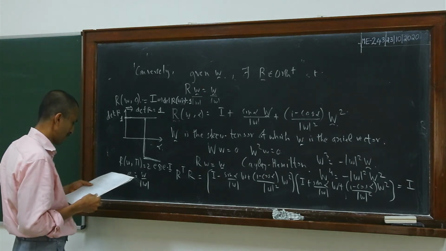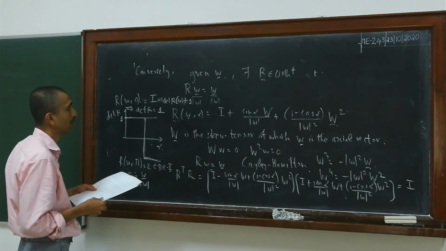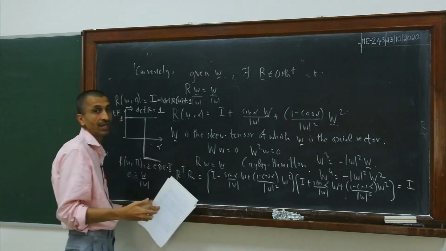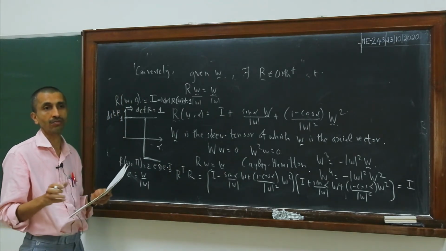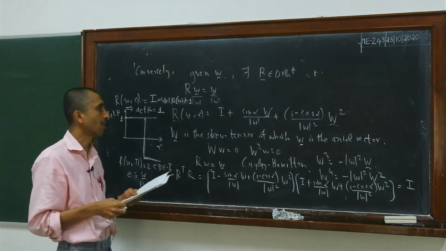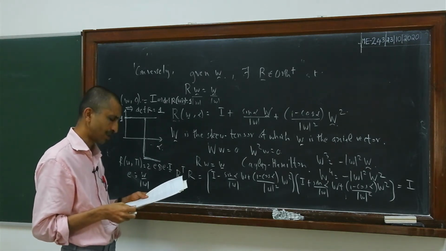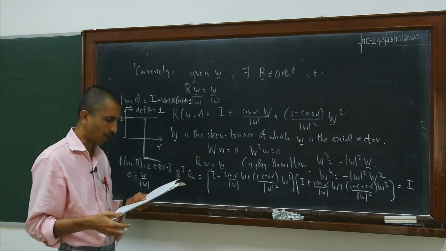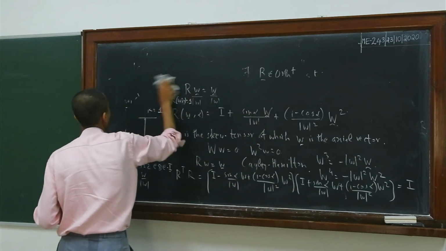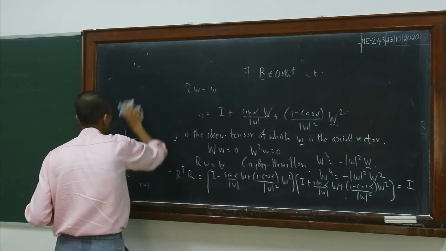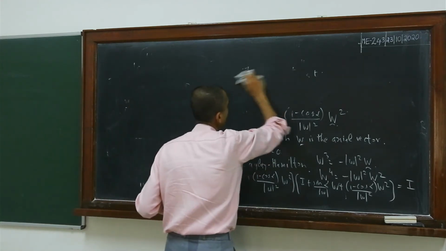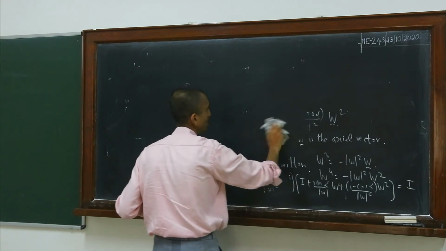Fine. So actually there are lots and lots of representations. This is one of the representations of R, and we have already seen another representation of R in terms of 2 orthonormal bases, right? So there are lots and lots of representations of R. Some additional representations I have given in the book. I will just give you one other additional representation. As I said, you can take a look at the book for the proofs for all of these things, but let me just mention one such representation here.